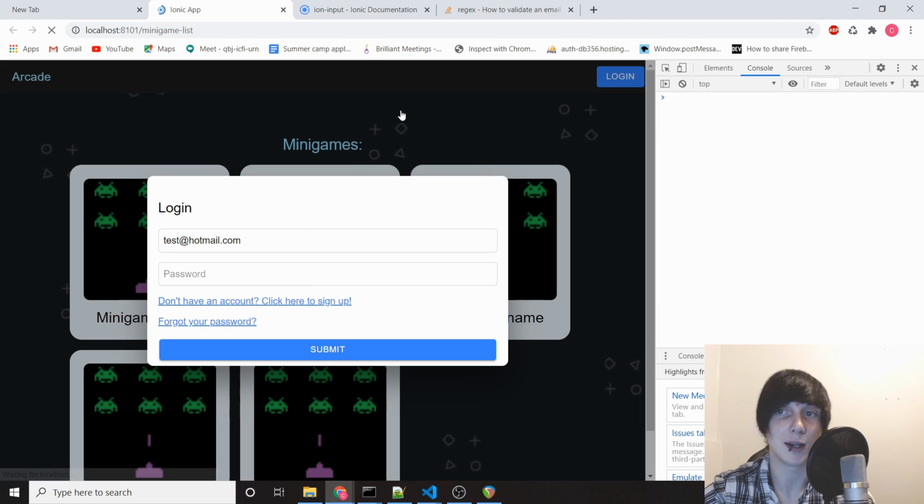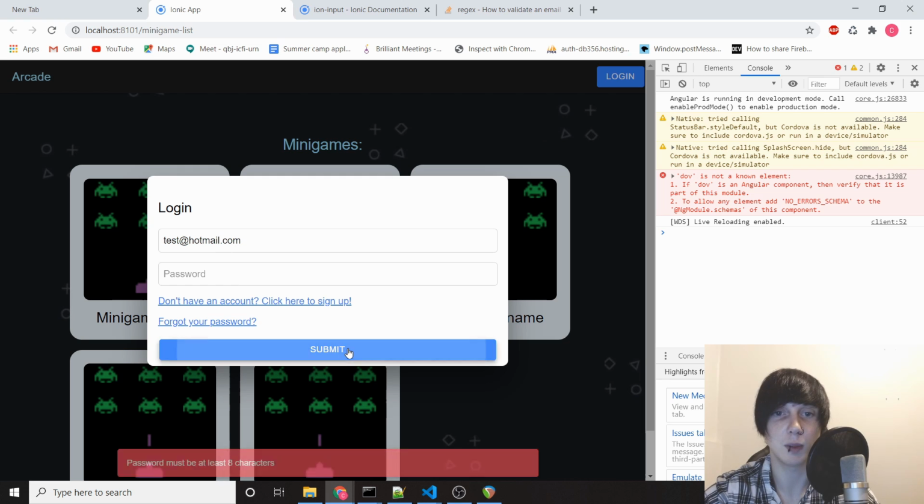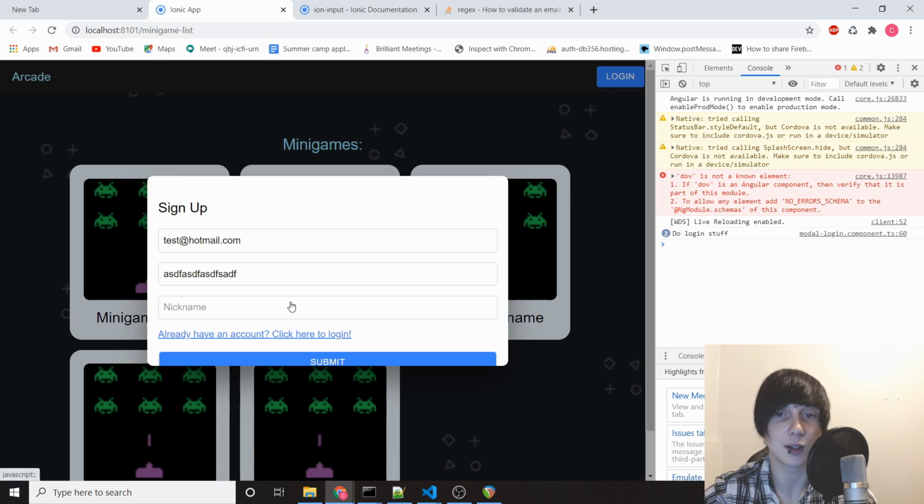So now if we refresh our page again, we click login and we'll type in test@hotmail.com and then click submit. Password must be at least 8 characters. So I'm just going to type in a bunch of characters and then it's going to say do login stuff. If we click click here to sign up,